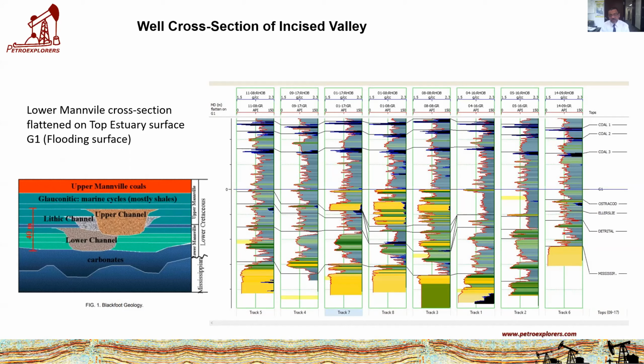So you cannot call something a channel just by the fact that it is sand filled, and that's the problem with most of these, where you need inversion in order to get down to which ones are sand filled, where it's shale filled, where it's tight,